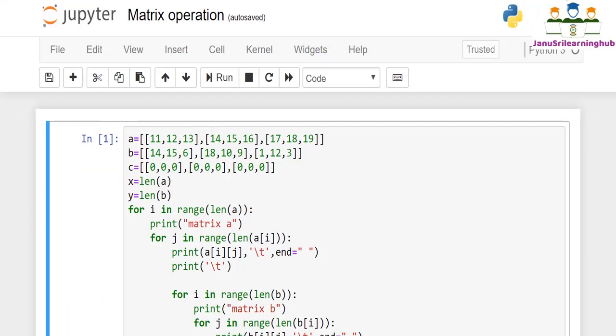Hi, welcome you all. In this video, we will see about matrix operation. So you all know matrix operation, right? That is, a matrix has rows and columns. So matrix operation is doing some addition, multiplication, subtraction, or division